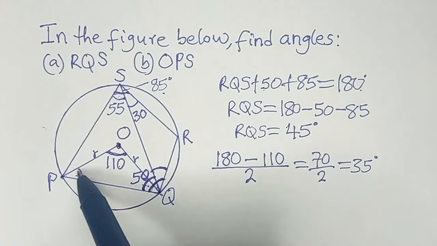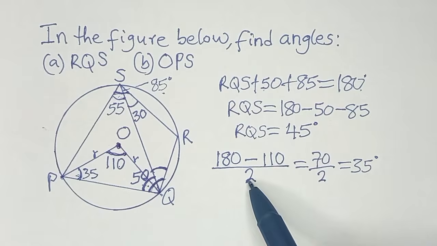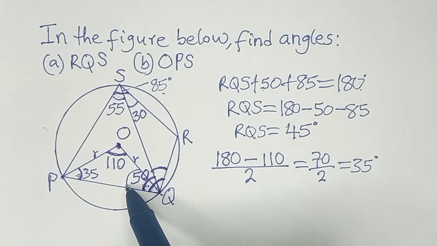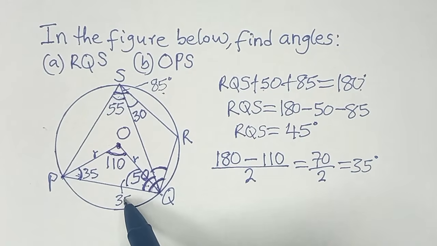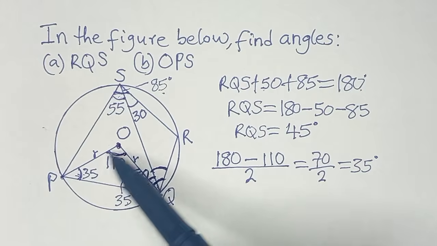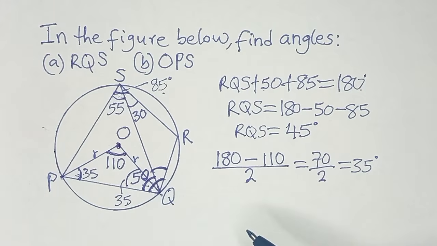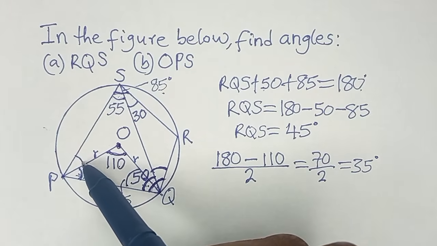So that means this angle here is 35 degrees. Don't forget that we are dividing by 2 because the two base angles are equal. So we share it equally. So 35, and this base angle here, this one too, will also be 35 degrees. So that 35 plus 35 plus 110 will give us the sum of angles in a triangle as 180 degrees. Now, don't forget that this is where we are going to. This is our destination, this angle